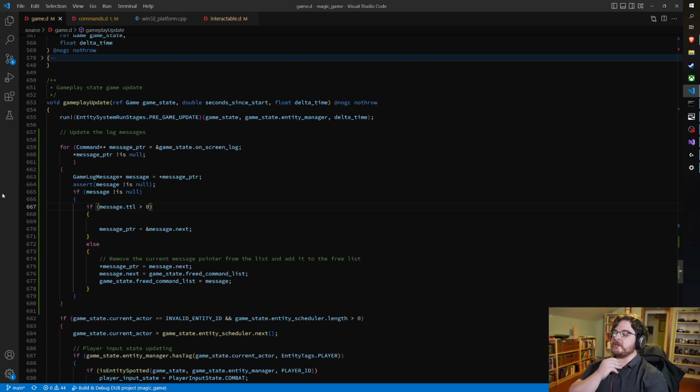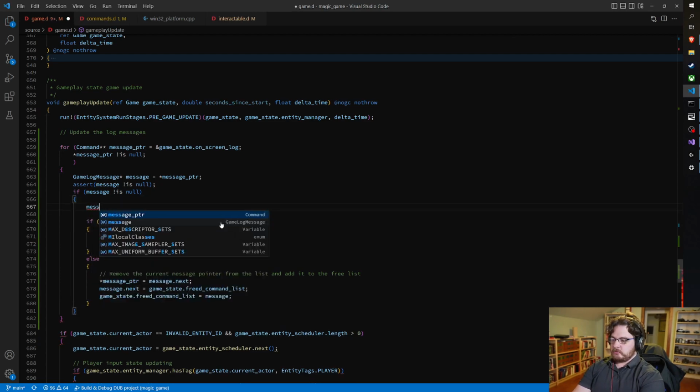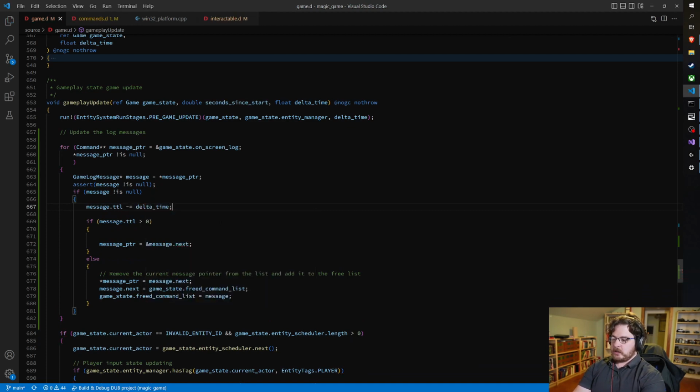So essentially all this is doing is it's going through the linked list and it's checking to see if the time to live is greater than 0. And if it isn't, it's removing it from the linked list while we're iterating over it. Otherwise we would need two loops or to do some other complicated stuff, and I really don't want to do that. This just makes everything simpler. Okay, so if message.ttl is greater than 0, first we need to message.ttl minus equals delta time, and then